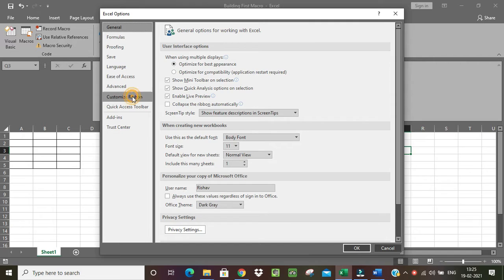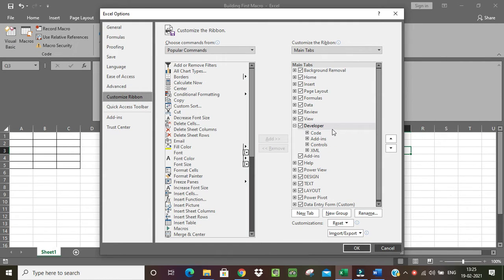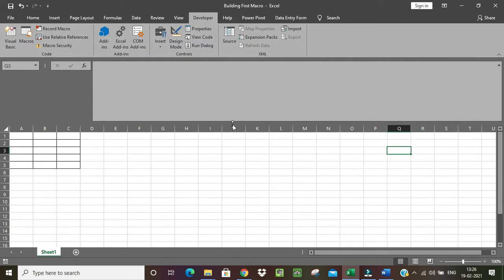Here we will see Customize Ribbon, and then we will see this Developer checkbox that we have. If this Developer checkbox is unchecked, then you will not be able to see the Developer tab, and that's probably the reason you are not seeing it right now. So what do you have to do? Very simple. Just check it and click the OK button, and you will be able to see it. Okay, now that we have activated our Developer tab, let's quickly go through some of the features or options